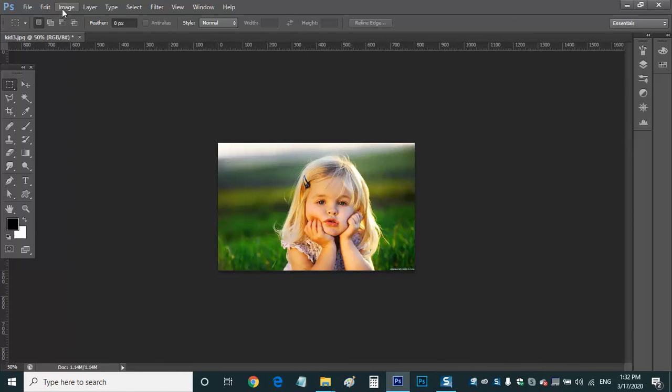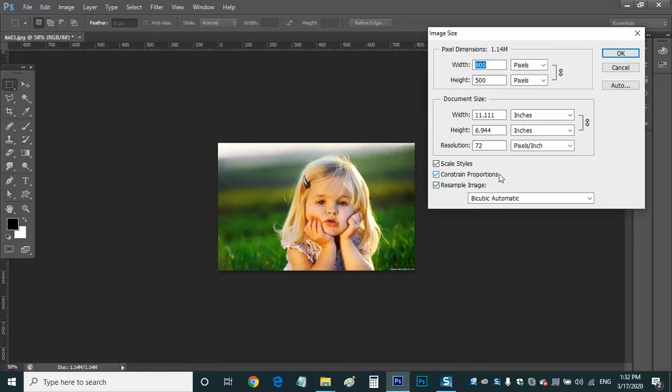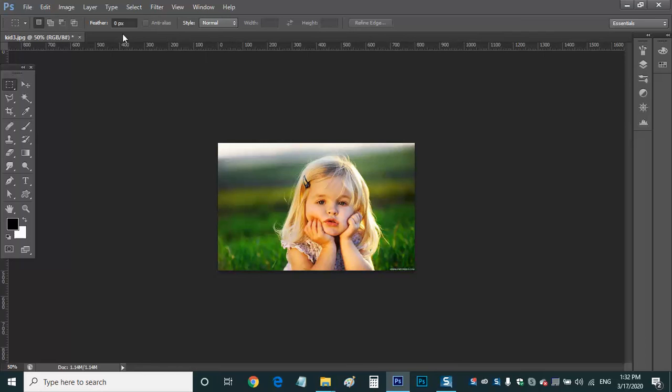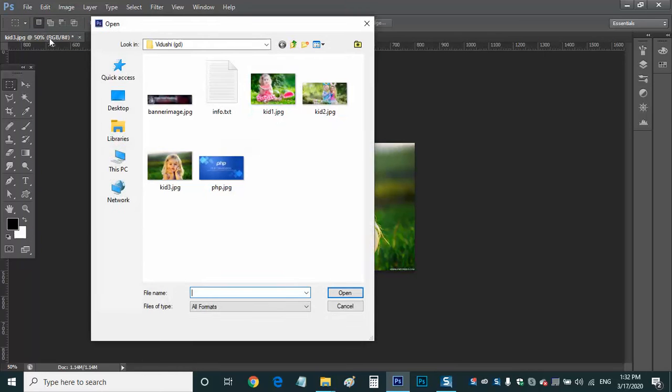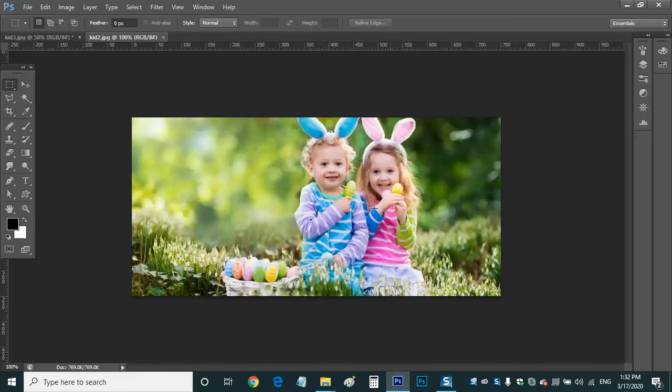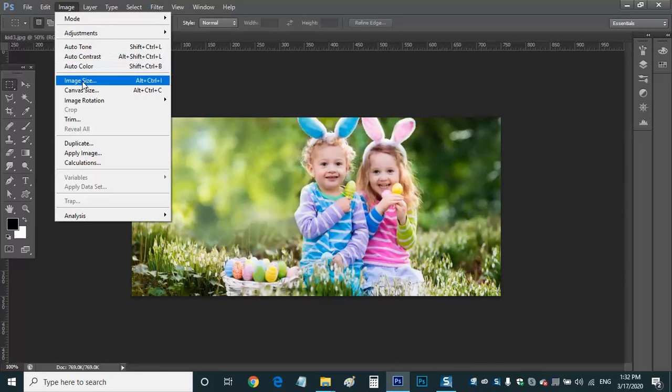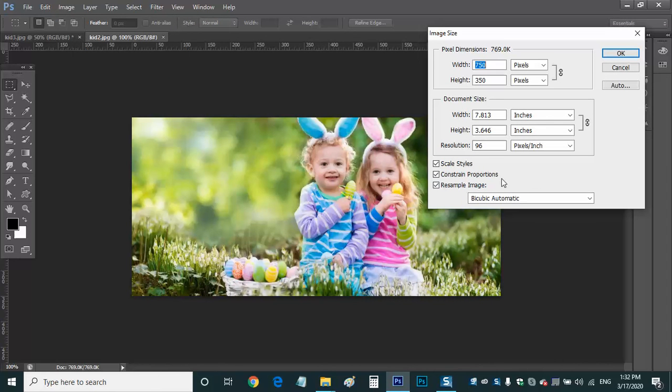So by going to Image, Image Size, we know the size of the image and we know the resolution also. Let us take one more picture here. Let me try one more picture. So let me take this picture. Now let me see the image size. Now you can see the resolution for this one is 96.